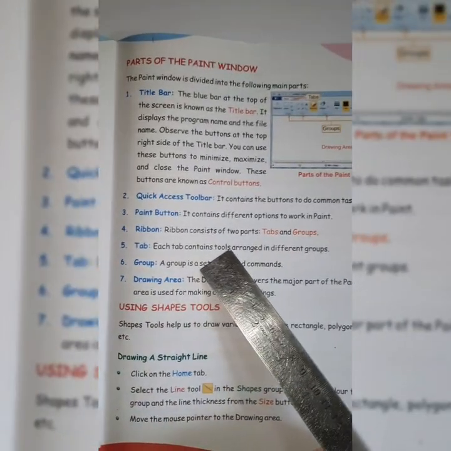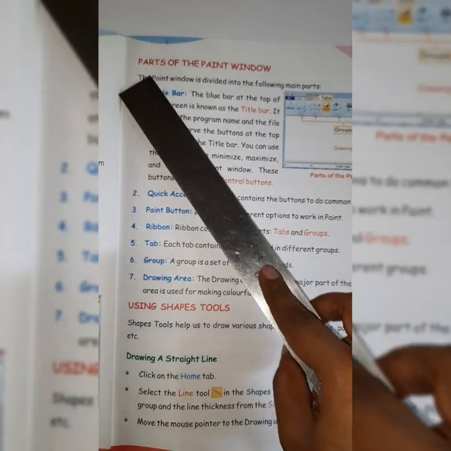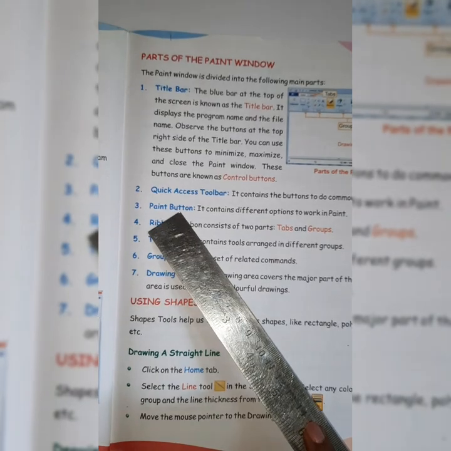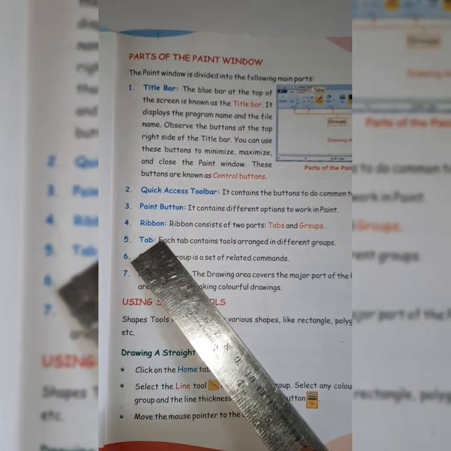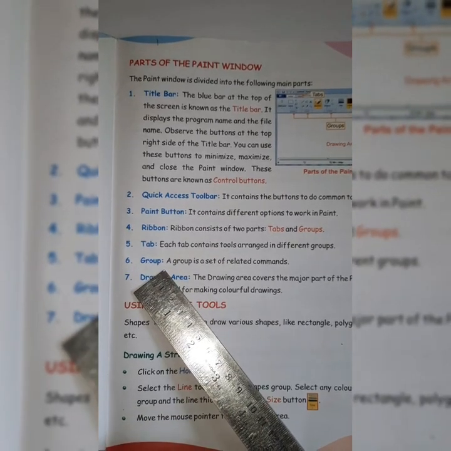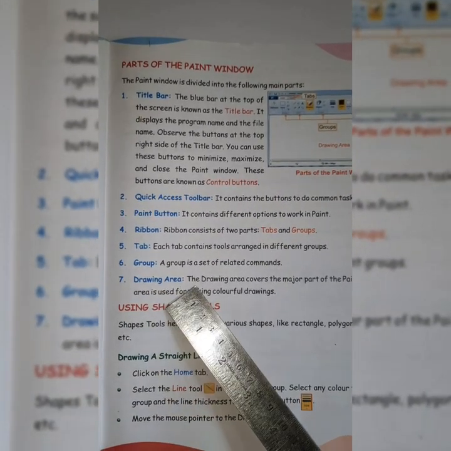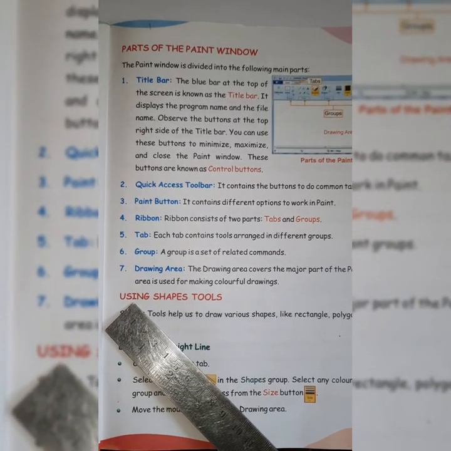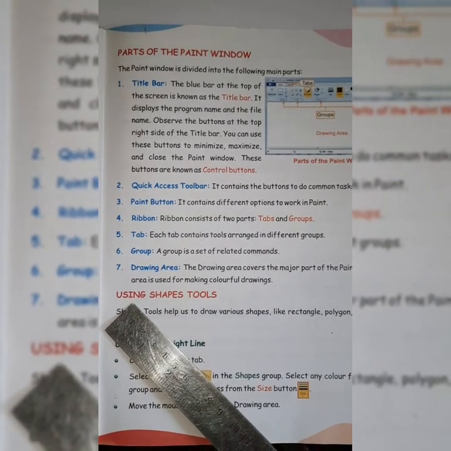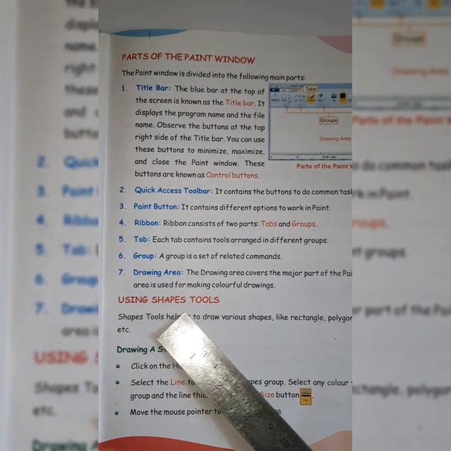Once you follow these 4 steps, this Paint window opens up. This Paint window has different parts like the title bar, quick access toolbar, paint button, ribbon, tabs, groups, and drawing area. Now today we will learn how to use the different tools in Paint. Using the Shapes tool.